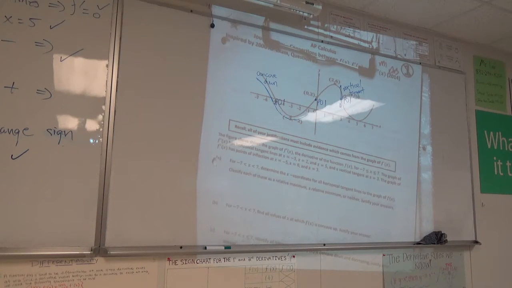Oh, I forgot. Oh my God, half the points come from the justification. Why did you pick this interval? Positive. Oh, no. It's increasing. Oh, the function. The function is positive. The function is increasing. The derivative is increasing. The derivative is